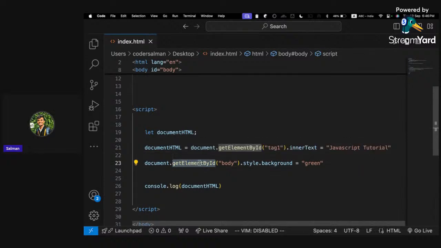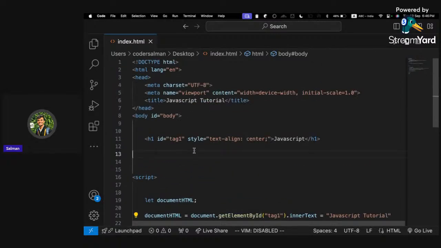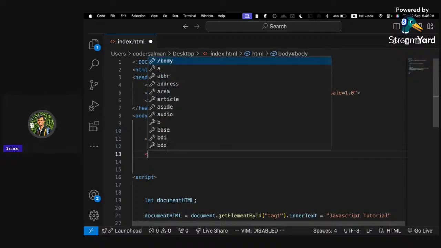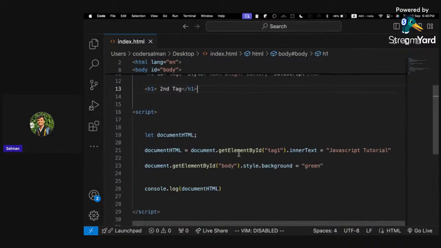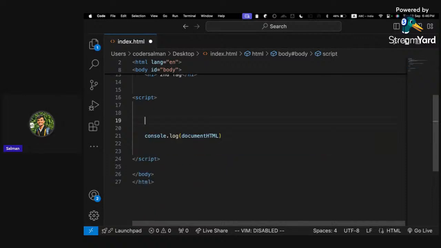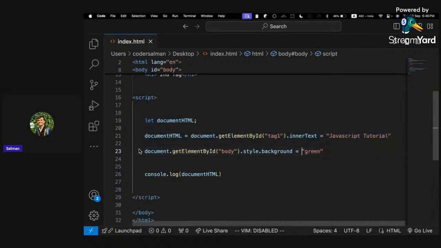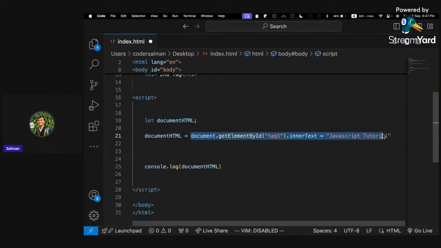Document dot get element by ID, by class name, by tag name. If you're using get element by ID, by class name and tag name, in a single HTML page there can be multiple h1 tags. Now I'll write second tag. So this is the second tag. If I want to print all h1 elements, it will be something like this: